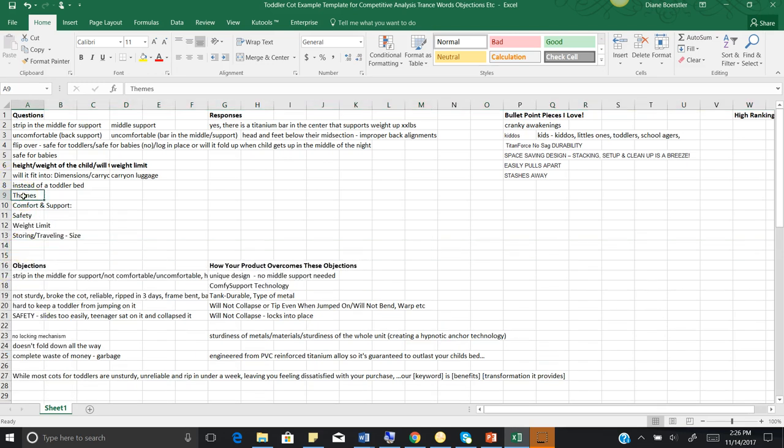So we pulled this up top already: strip in the middle for support, not comfortable and comfortable. How would we say that your product overcomes these objections? There's no support needed. This is how you know what you're going to talk about in your bullet points. So we talked about comfy support technology. Tank durable. That has to do with weight limit. That also has to do with,